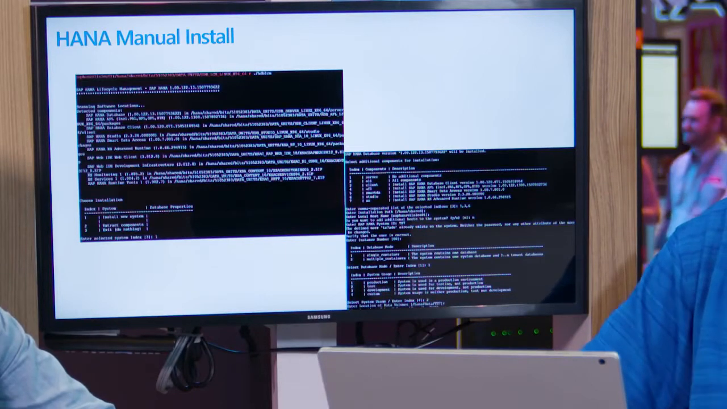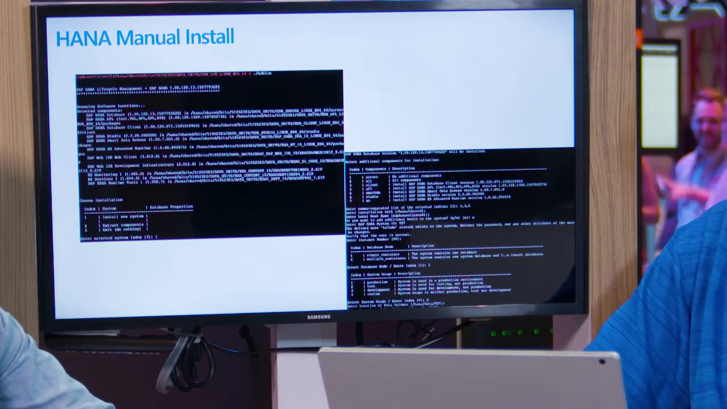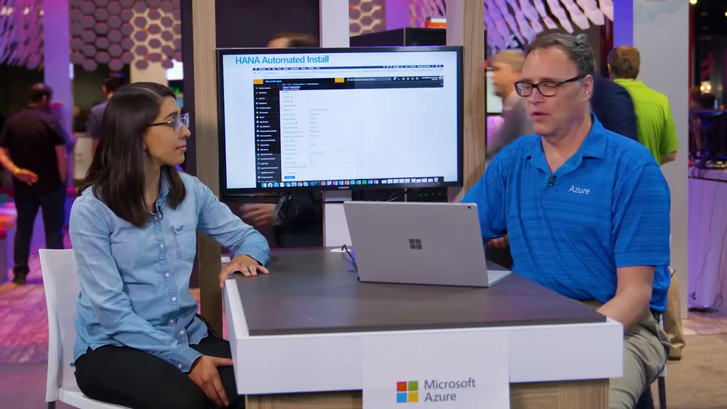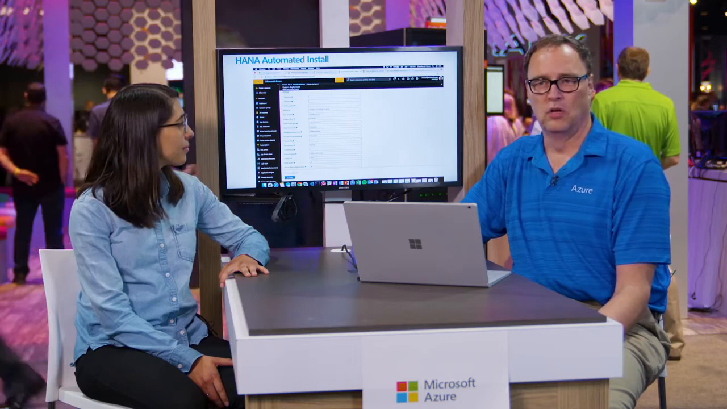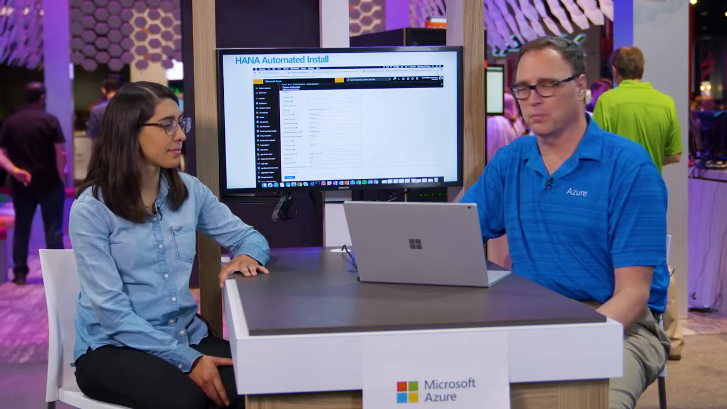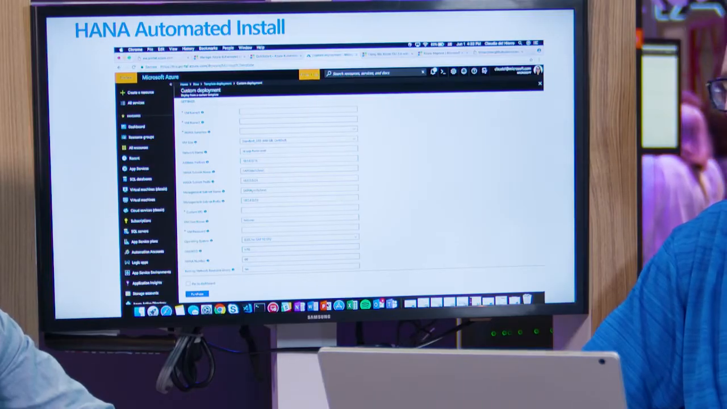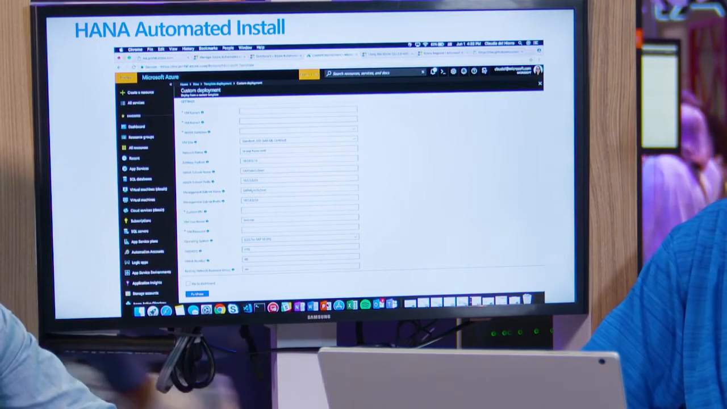you started with. So just to give you a little bit of an idea, it used to be if you were doing a HANA manual install, you went through the terminal-based experience, and as you can see, it's very text-based, and there are a lot of questions and answers that you have to go through to actually deploy this. And what we've done is made it a simple web-based form inside of the Azure portal to be able to